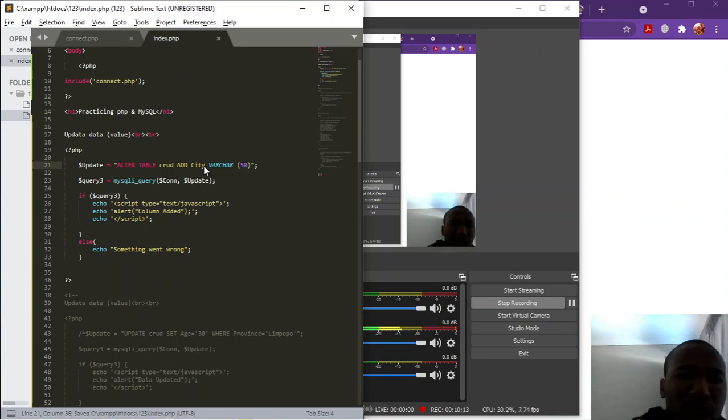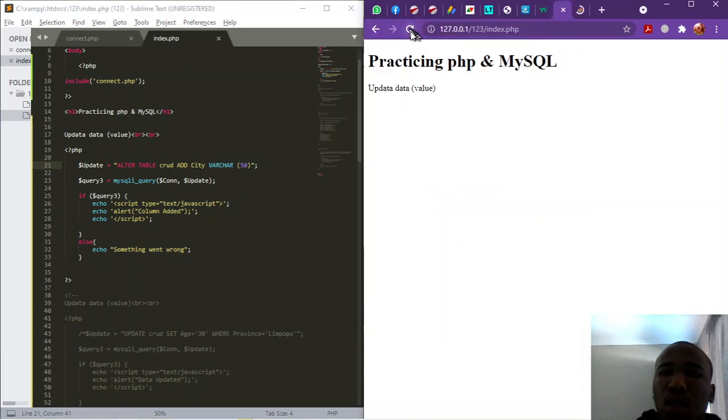So if you save and come here and refresh, it should say column edit.